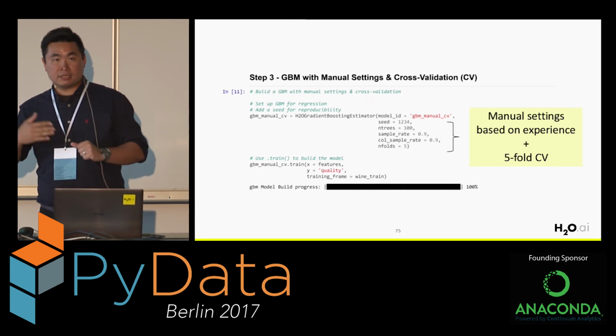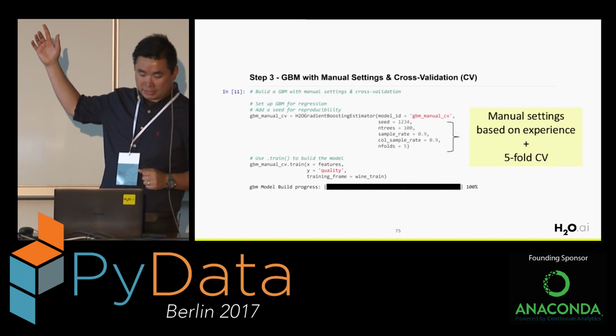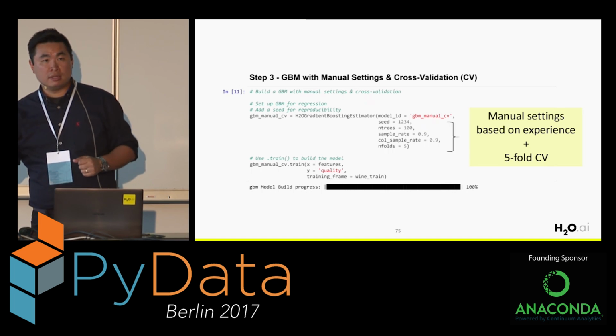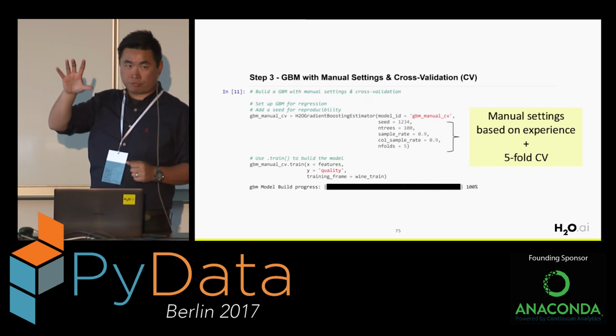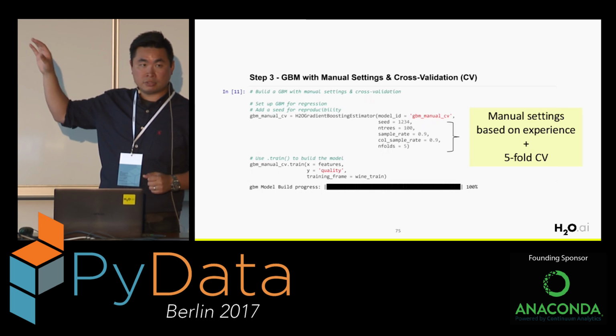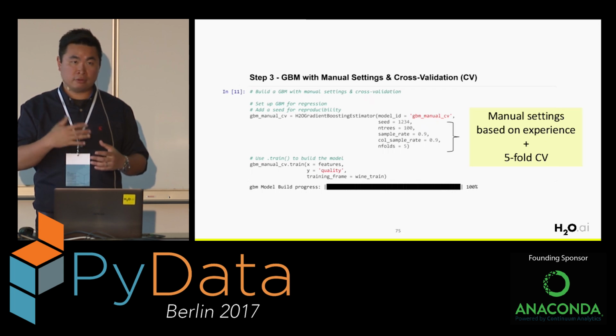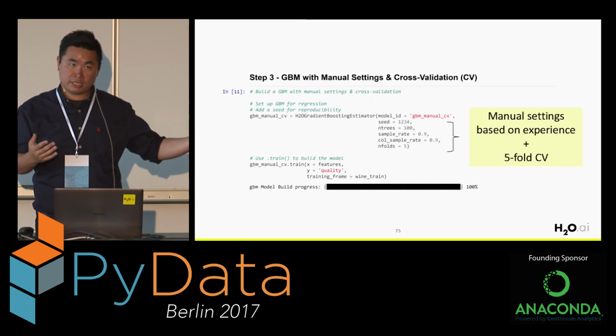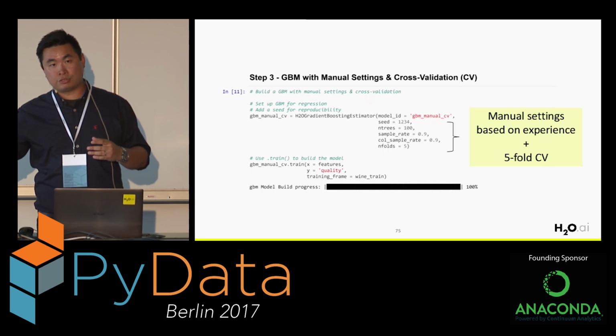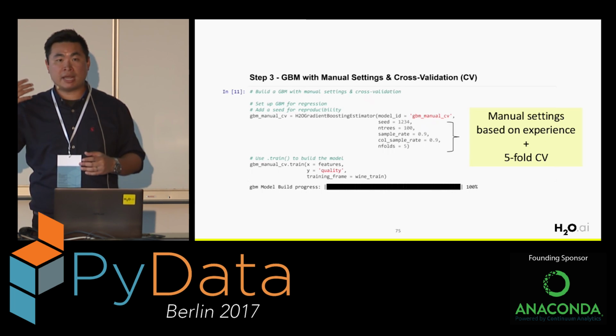Once we have that, we want to do that in H2O. It's quite easy. What you need to do is include one more argument. You can see on the screen, the final argument is called nfolds, the number of folds, equal to 5. Usually I'll do 5 folds, or if you don't have enough time, you can do 3, or even 10 or 20 if you have more time, so we can give you more accurate measurements.